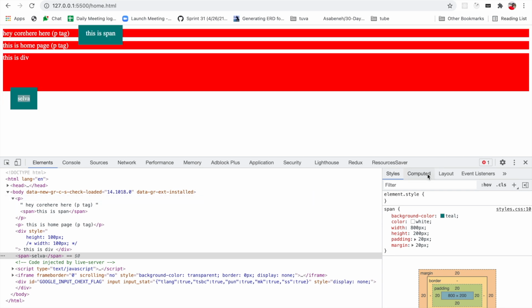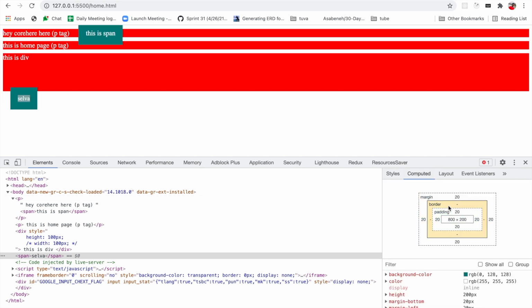It says it's applied 20 pixel, but you can notice that the top margin is not applying properly. You can face this kind of issue while you are doing development work. Just understand, you can give the padding for inline elements, but the margin top and bottom won't work.